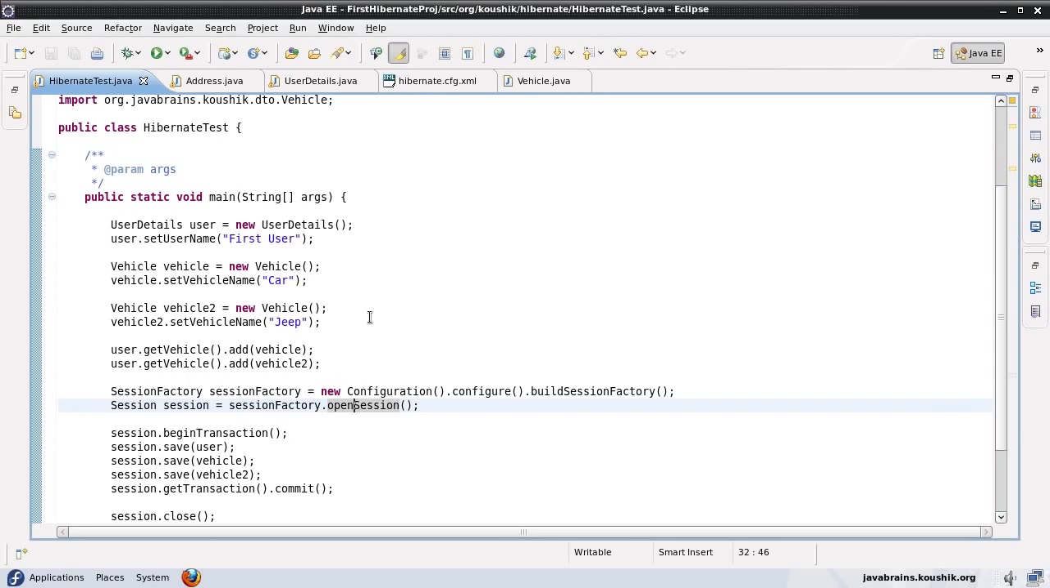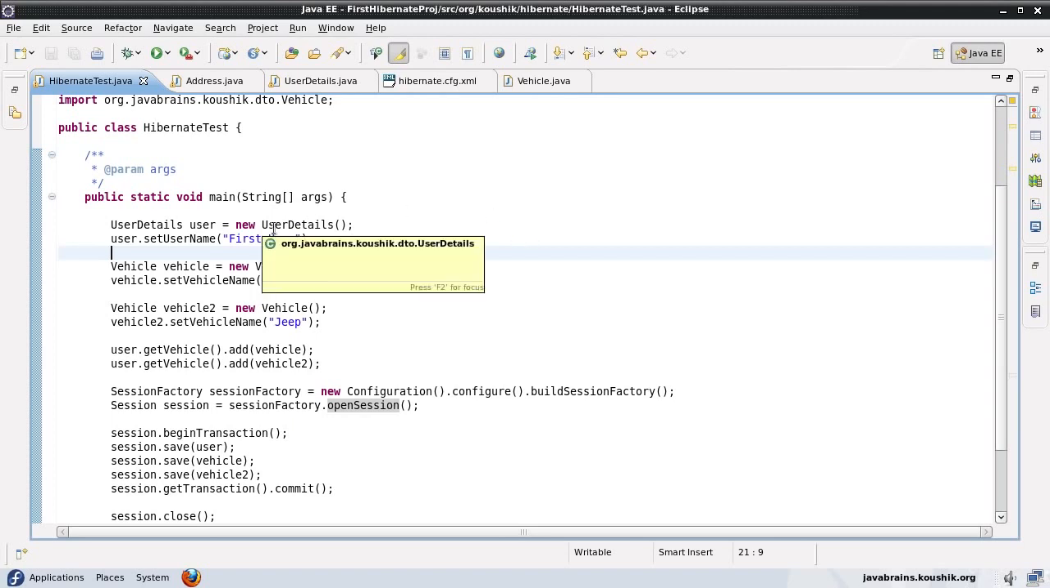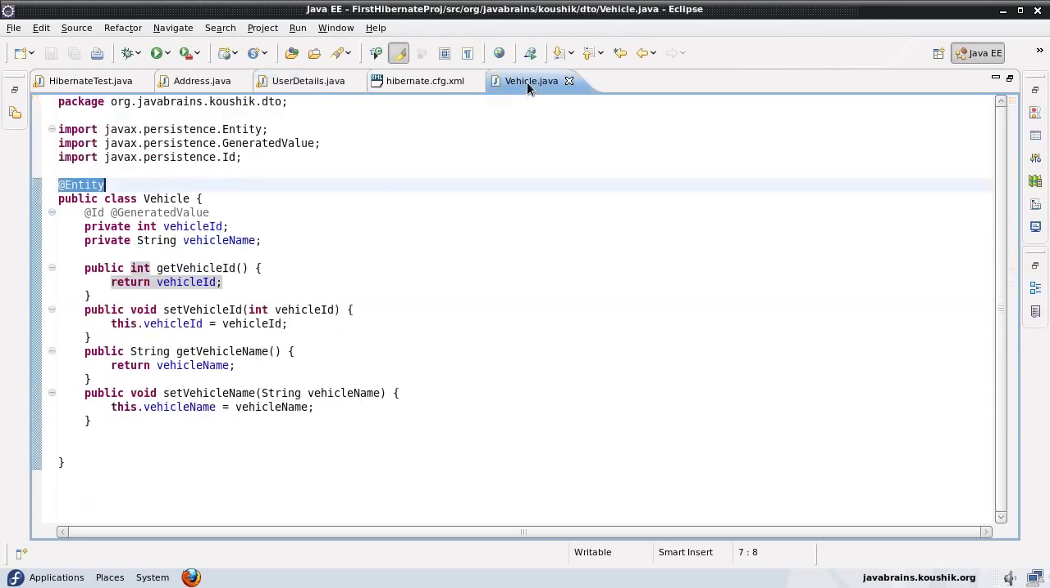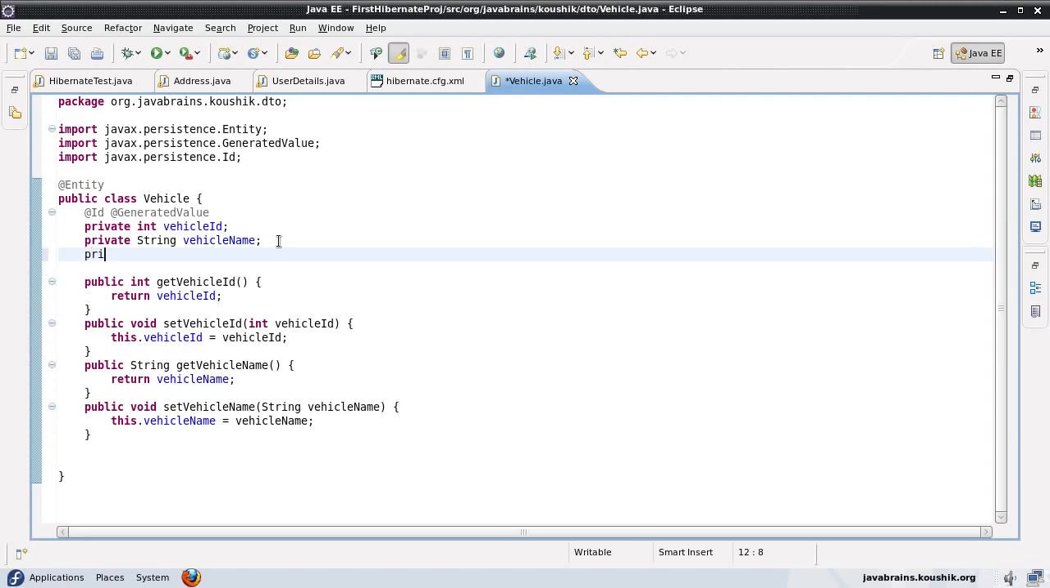So there is one other thing that we can do here. We can do this for the one-to-one also, which we saw in the earlier tutorial, but it makes more sense to do this here, which is that you can have a reverse relationship, in the sense that just like you have a one-to-many here for the user details, we can have a many-to-one here in the vehicle. So I can have here private user details